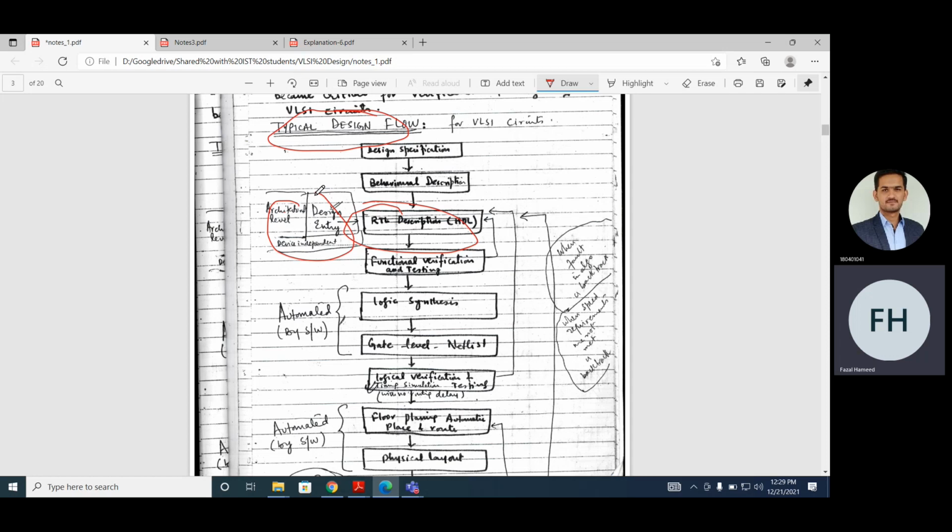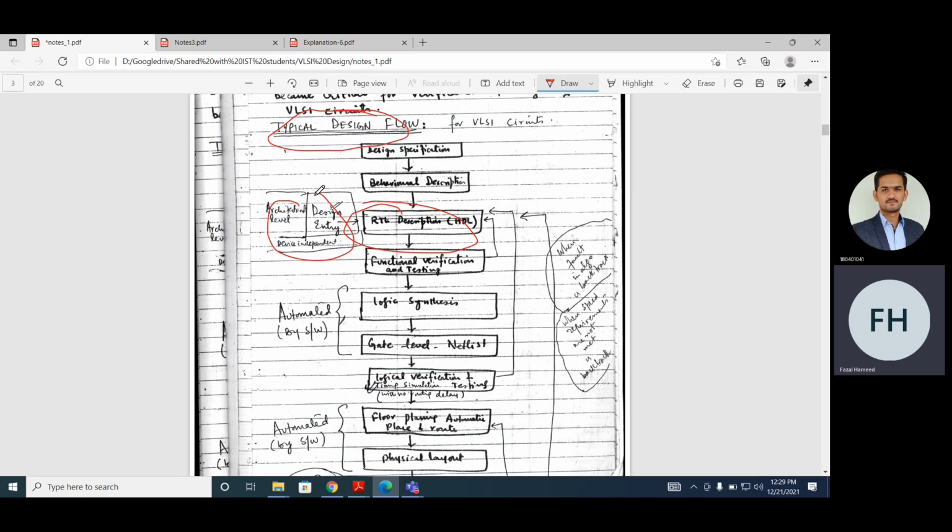And another design entry method is that you take the components and IP and then you connect them together. Let's assume the intellectual property, you have some libraries, and from that library, you are using a library from, let's assume, one technology. You just plug that library and use a block, and then you connect that block with another block, and then you realize your function. So actually, there are different design entry methods. First is Verilog, another is VHDL, another is schematic based.